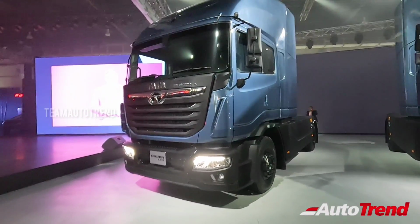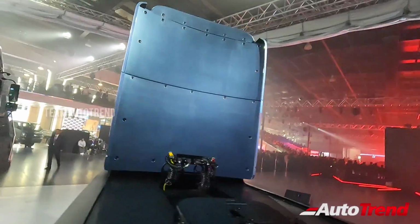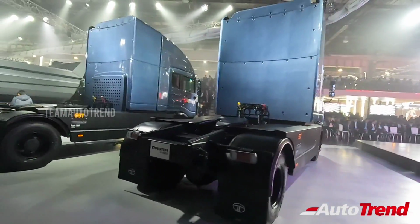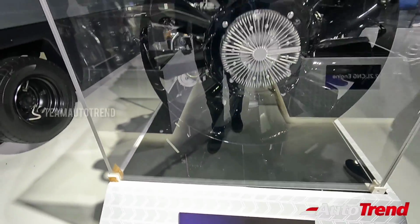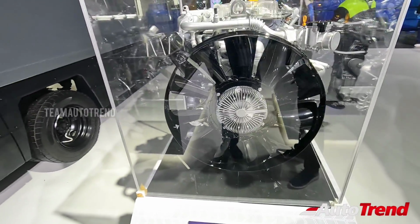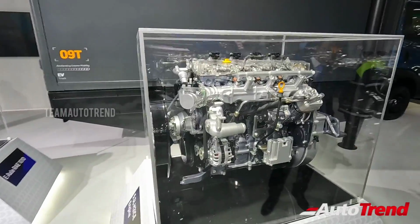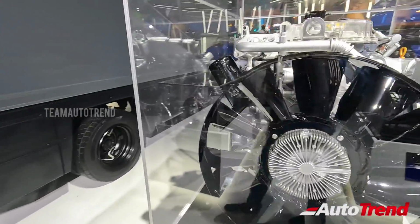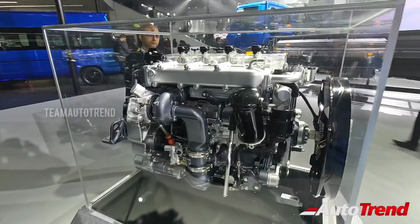While this is also a concept, in the near future, instead of CNG, it is possible that almost all engines can be modified to use compressed hydrogen as fuel. Now this here is the 5.3-litre engine used on the Prima H2, which is named as the H2 ICE, basically denoting that this internal combustion engine uses hydrogen as fuel. While this engine may look like any other 4-cylinder diesel engine, Tata Motors have extensively modified this engine to use